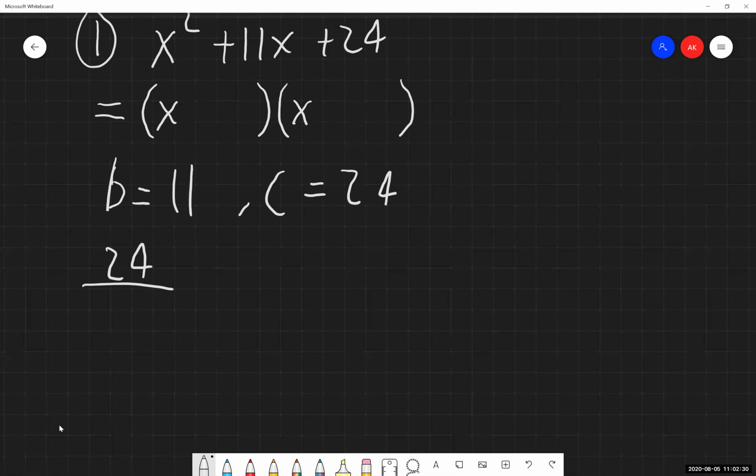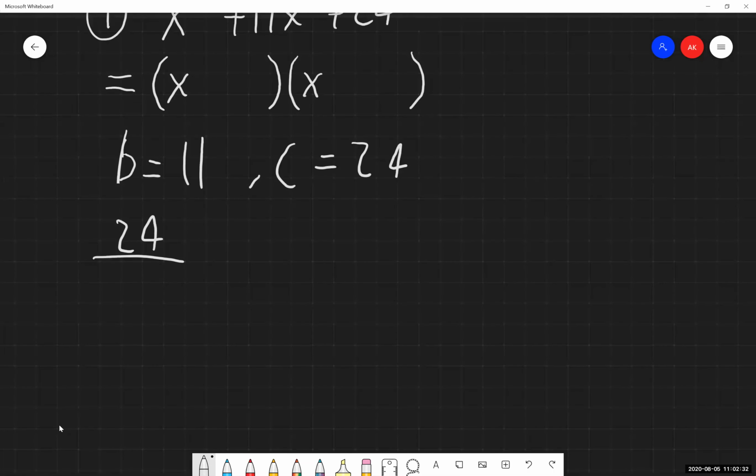When you're doing this, I highly recommend you organize it this way. Put all of the small numbers on the left, put all of the large numbers on the right. What I mean by that is when we're listing the factor pairs, do something to this effect: 1 times 24. Those are 2 numbers that multiply to give us 24.